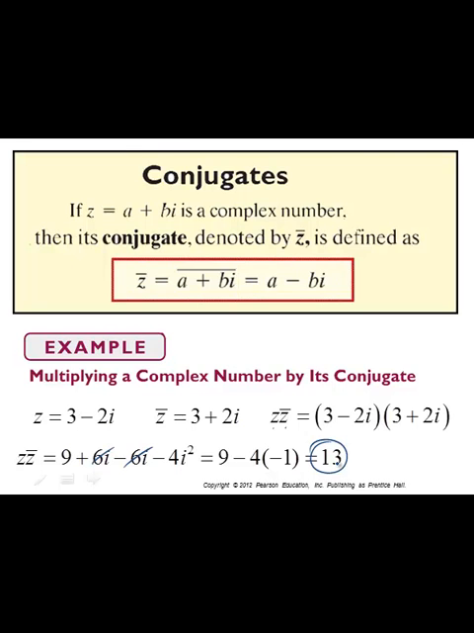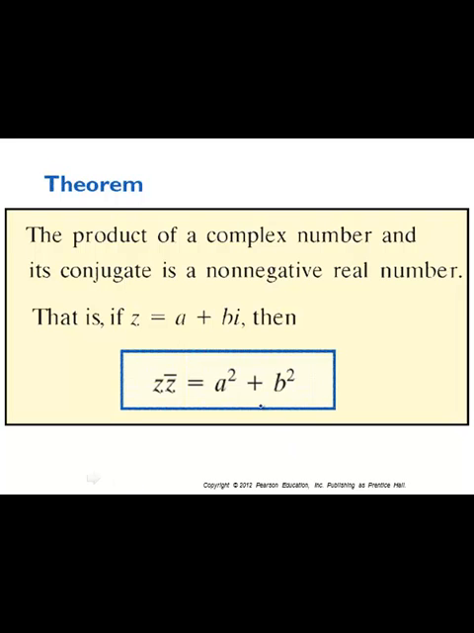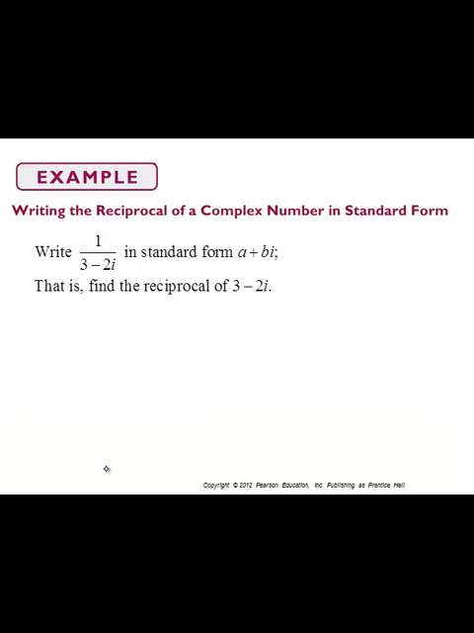So the result of taking a complex number times its conjugate is always going to be a real number. Okay? So if you have complex number a plus bi, then the result of taking z times z bar is equal to a squared plus b squared. Always a real number,